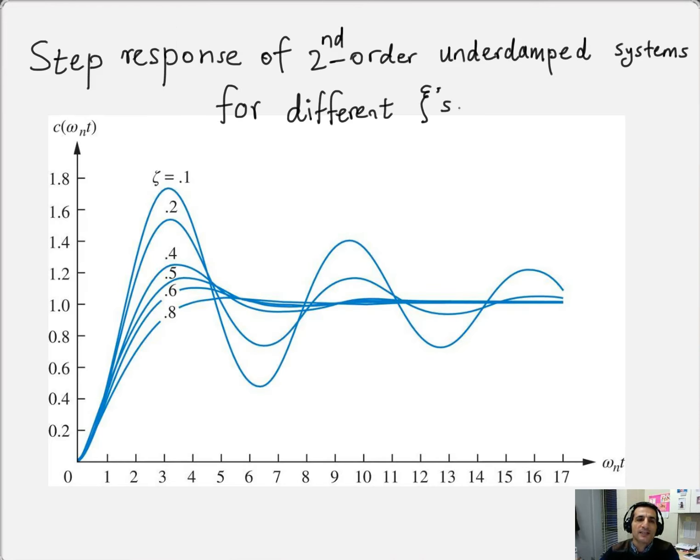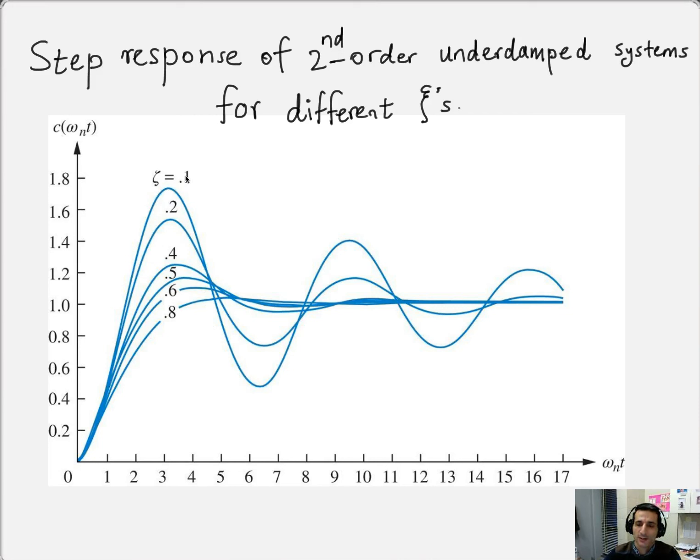So now the plot that you see here actually represents a step response as a function of not t but omega_n t. So this is really a way of normalizing the step response, instead of showing it in terms of t, just showing it in terms of omega_n t. So now, as you see,